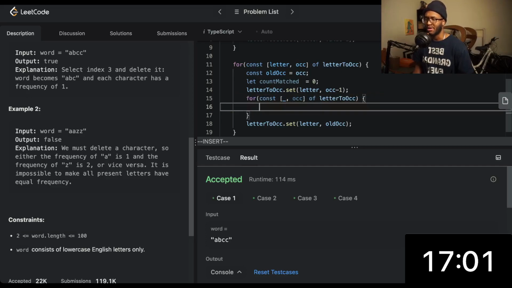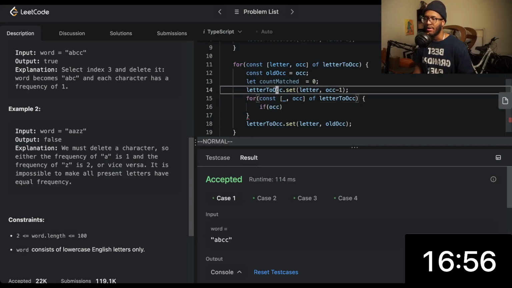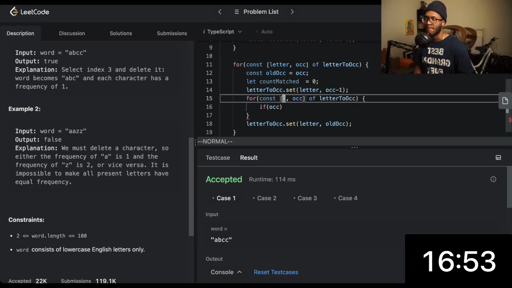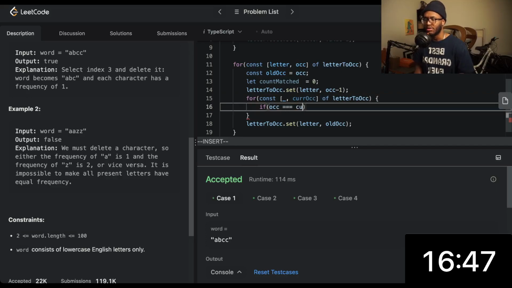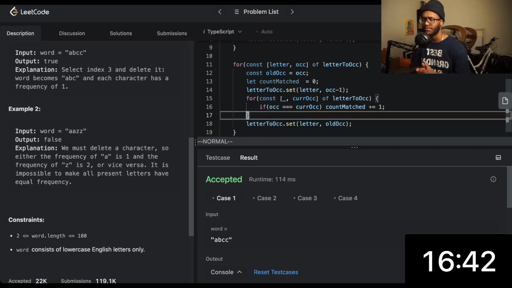And we're actually not going to care about the letter, but we're going to say if awk equals cur awk, we're going to do count matched plus equal 1. And then we also need to handle the case where awk minus 1 equals 0. If awk minus 1 equals 0,